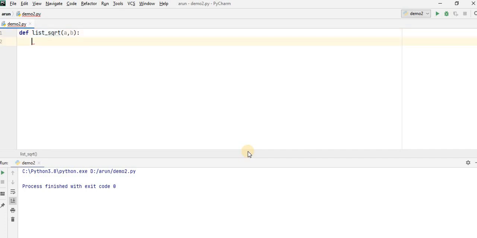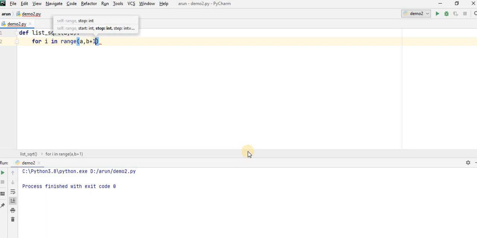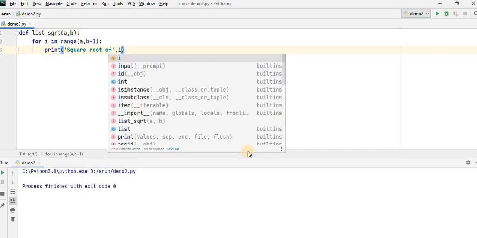Now how? So here you will use the for loop, for I in range from A to B plus 1, because it will take one less. Okay, and write the statement print what? Square root of, square root of what? Square root of I